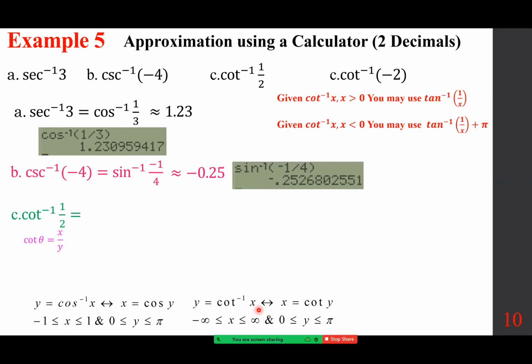So how do we approach that? I want you to pay attention to this one particularly. So 0 to pi, and cotangent is positive, therefore we are in the first quadrant. Right? So x and y,